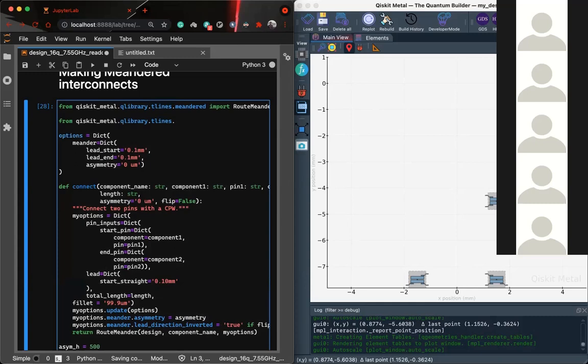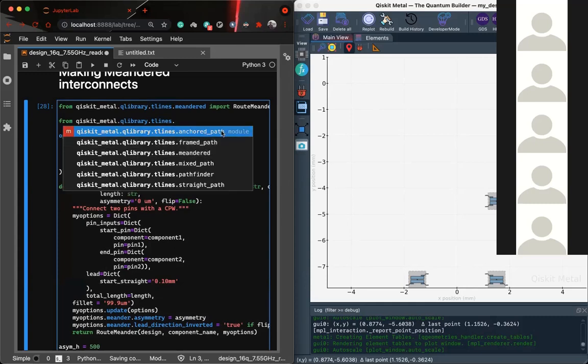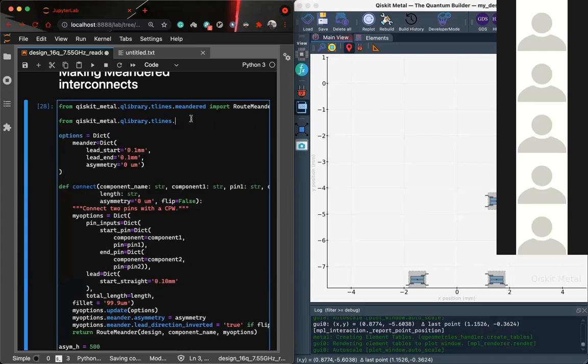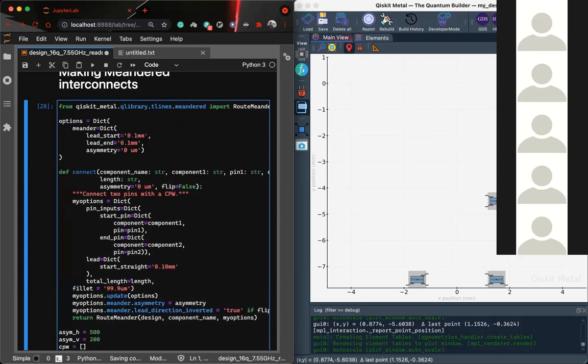If I put a dot here and tab, you can see there is anchored part, frame part, meandered, all these things. To make this demonstration a bit easier, I am using meandered because it automatically creates those wavy waveguide structures which we need. You can use any other class as well.